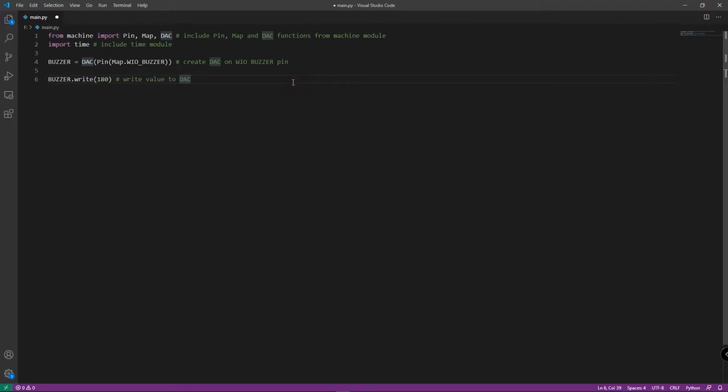So now let's go back to the main.py file and delete this and get rid of DAC and replace with PWM function. We are calling this from the machine module.